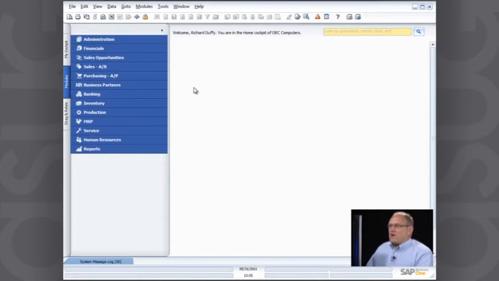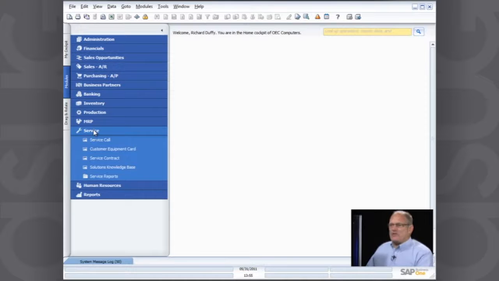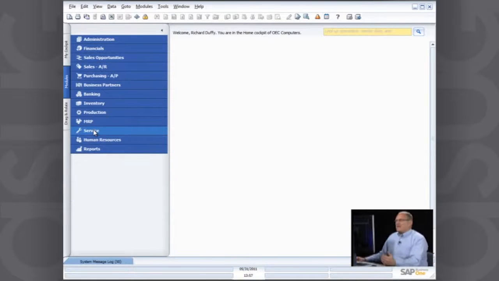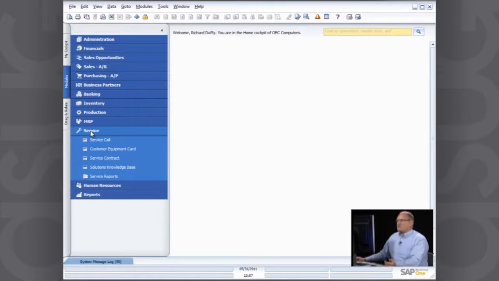Inside SAP Business One, we also have the service functionality which appears on the main menu. To access that, all I do is simply click on service, and you'll see that all of the underlying functionality is now made available for me. Jumping back into the SAP Business One user interface, if I click on the menu option for service, you'll see that drops down a couple of different areas of